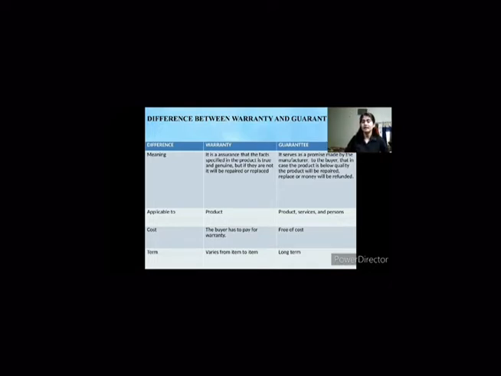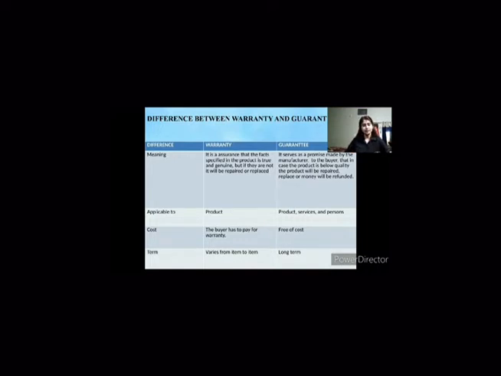डिफरेंस देख लेते हैं, वारंटी एंड गारंटी। वारंटी का मतलब होता है एक अश्योरेंस जो सेलर देता है बायर को कि अगर इस चीज़ में कुछ भी डैमेज हुआ तो मैं आपको रिपेयर करके वापस दूंगा। वहीं अगर गारंटी को देखा जाए तो उसमें सेलर एक प्रॉमिस करता है कि अगर इस चीज़ में कुछ भी खराबी आई तो मैं इसे आपको कम्प्लीटली रिप्लेस करके दूंगा।